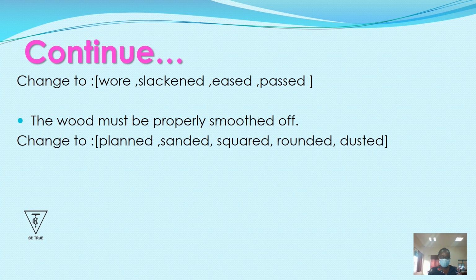Another example, the sentence to use, the wood must be properly smoothed off. We can change it to the wood must be properly planed off. The wood must be properly sanded off. The wood must be properly dusted off. All this shows